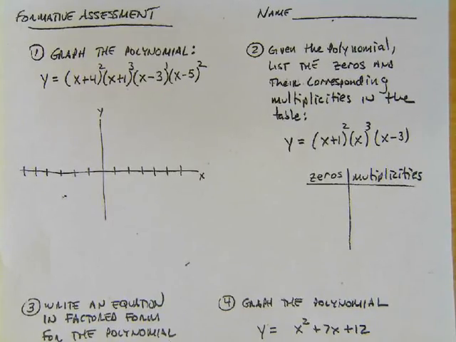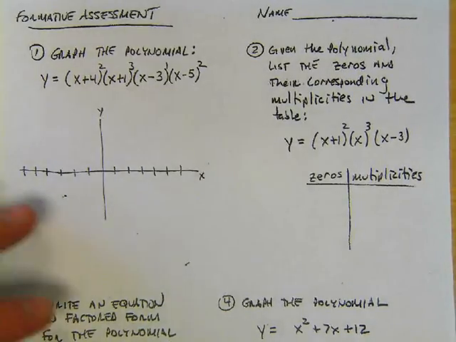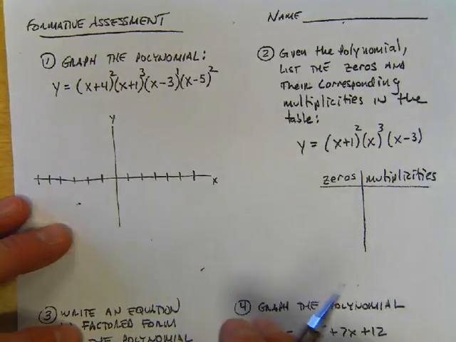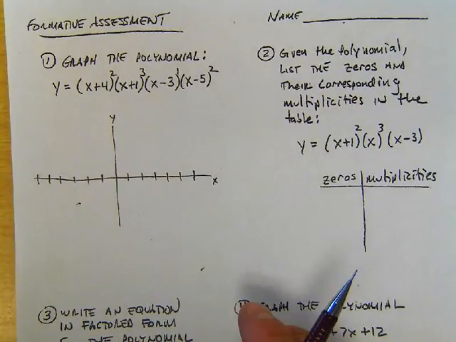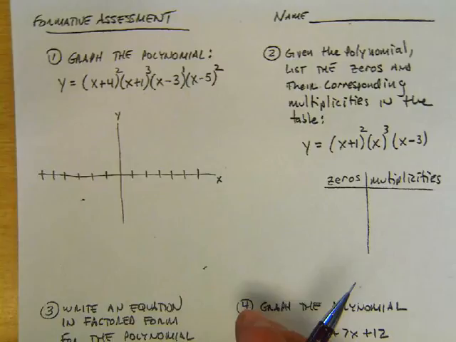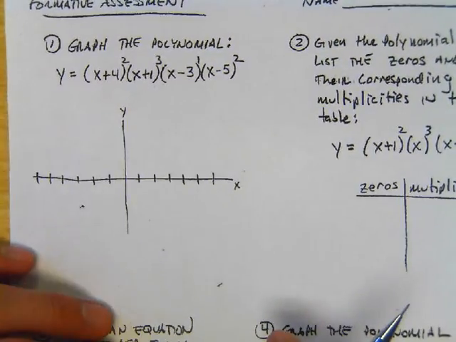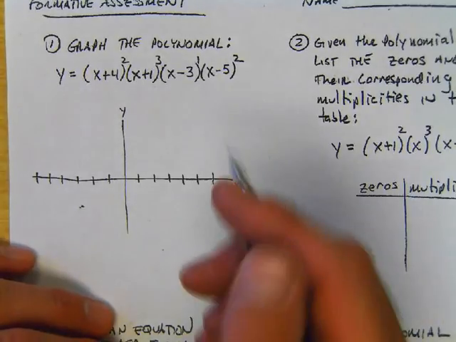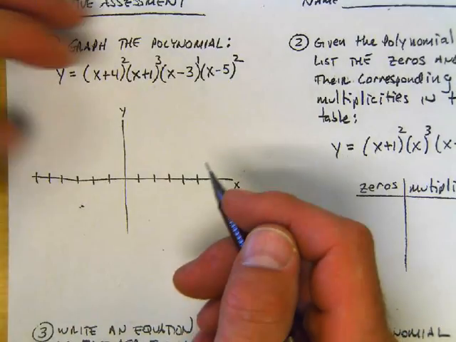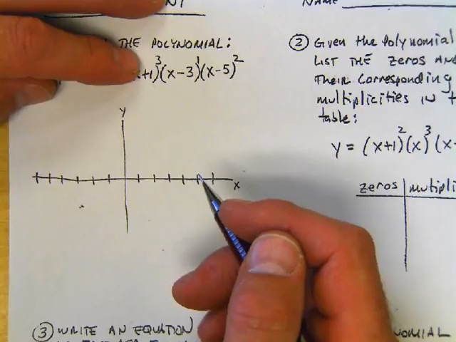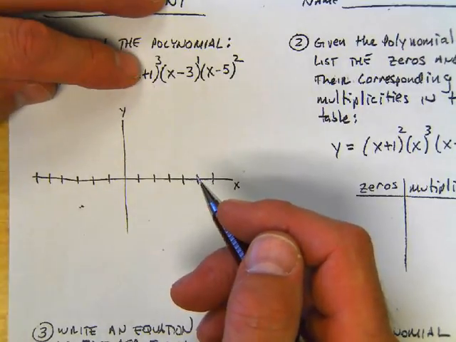Alright, here we go. Graph the polynomial, number 1. So before we start, I'm going to notice that this is in factored form. So this will tell me the zeros, or the roots, or the x-intercepts. But we also need the first and last term of the standard form in order to get the end behavior